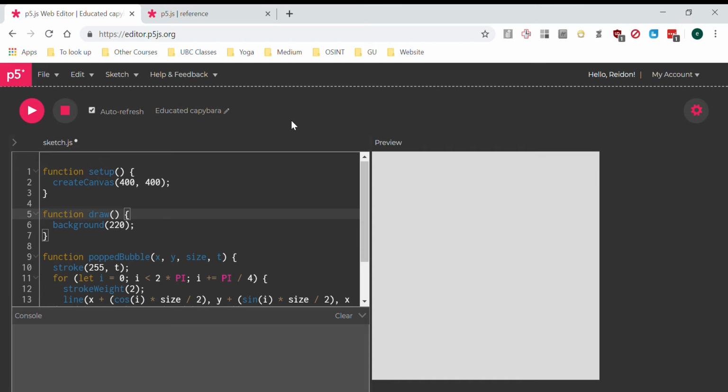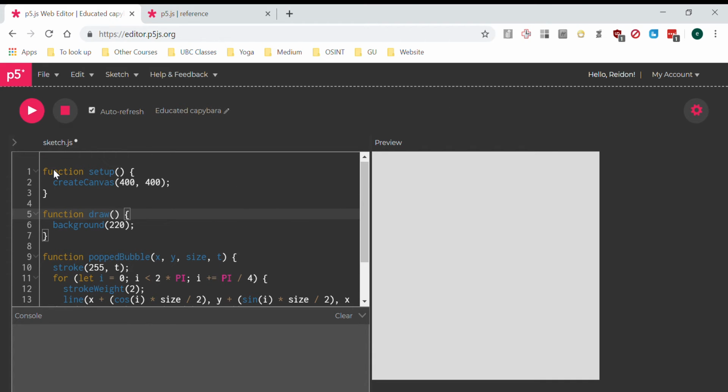Okay, so today we are going to be doing the second activity of the Code Conquest Seniors, and this is going to be all about variables and objects and how you create them, and we are going to end up making a little sketch where we have a bunch of bubbles that we can then hopefully pop, and it'll be really fun and exciting. So here I have our editor, and this is where we're going to be doing everything